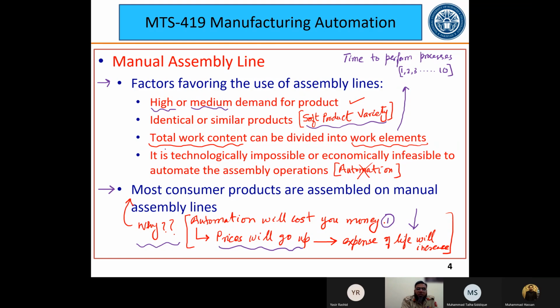So the total work content, this term, total work content, will be the total time taken. Let's see, we define the processes from 1 to 10. So we say that K is